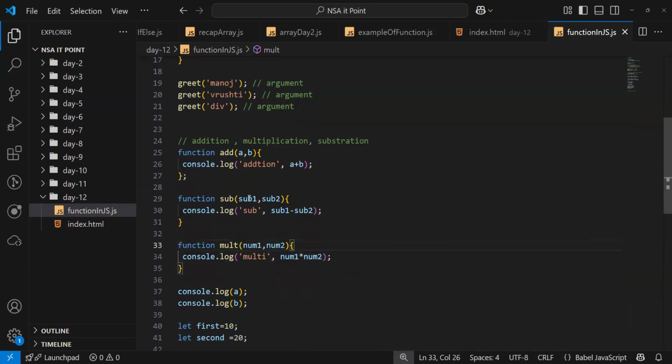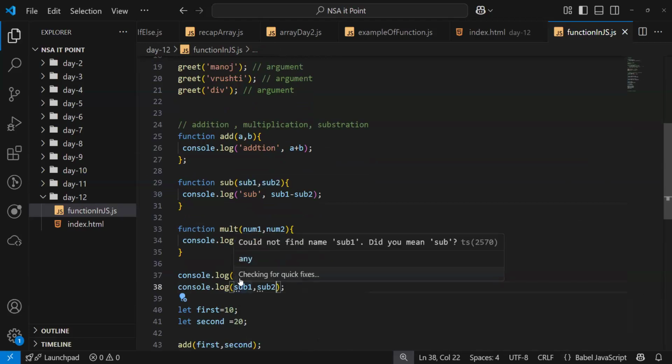If I try to access this outside the function, I can't. It will throw an error.